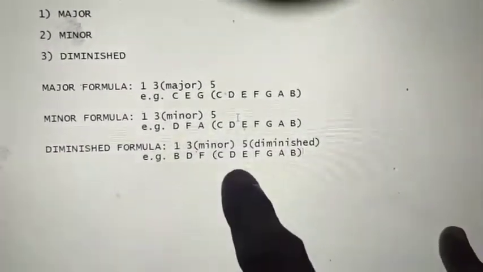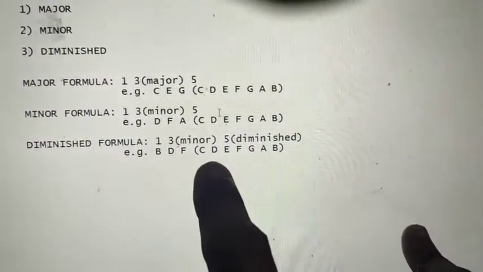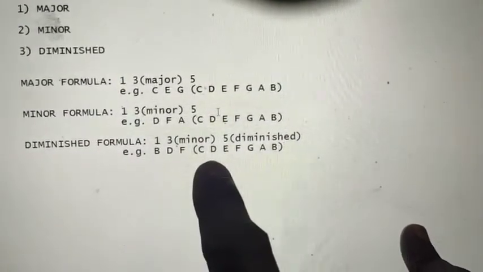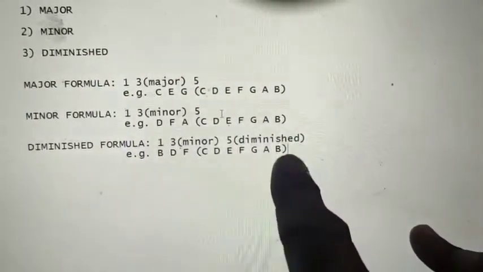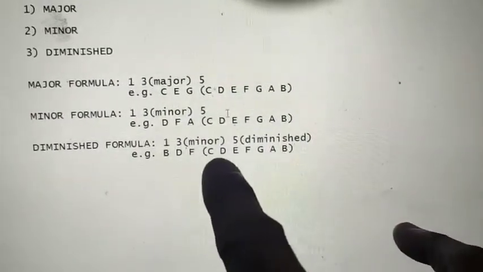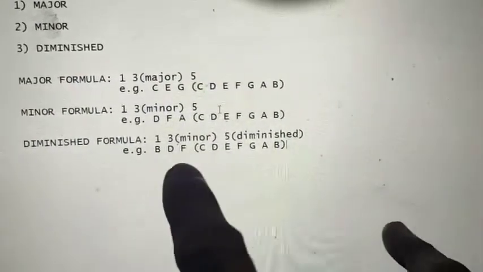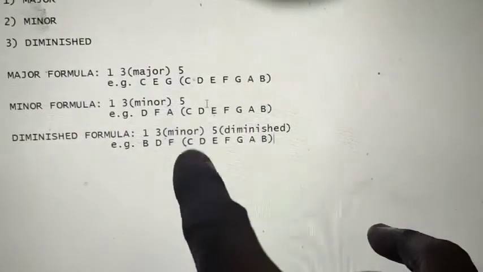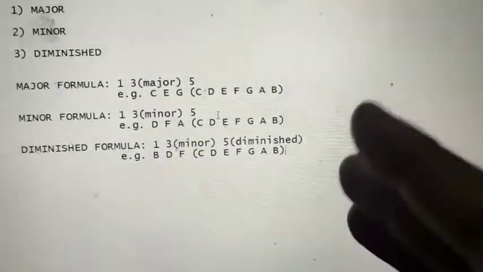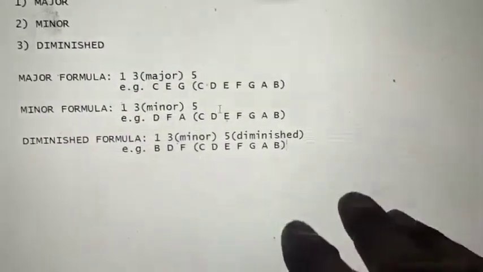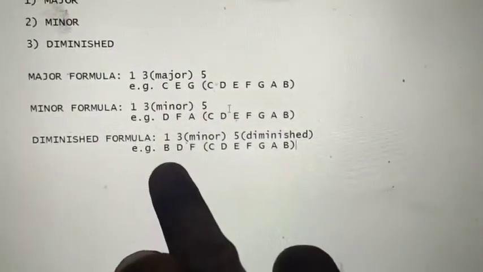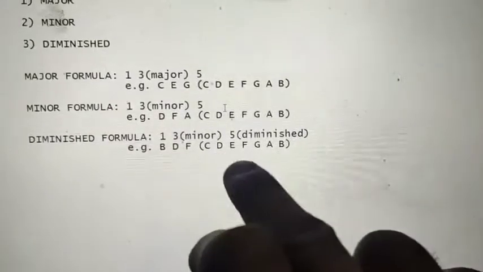Now for the diminished chord, we take the 7th note of the C major scale, because the 7th chord is a diminished chord in any major scale. In this case it's B. So the formula for B diminished is B, D and F. The formula is root, minor third and diminished fifth. To get a diminished fifth, you just take the perfect fifth and lower it by a semitone. So the formula for a diminished chord is root, minor third and diminished fifth, and for the B diminished chord, it becomes B, D and F.